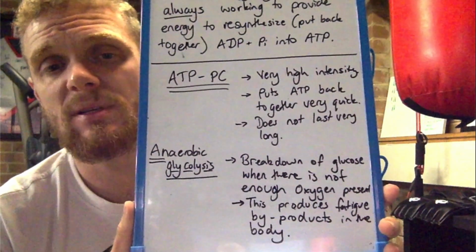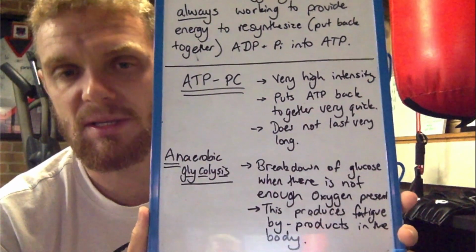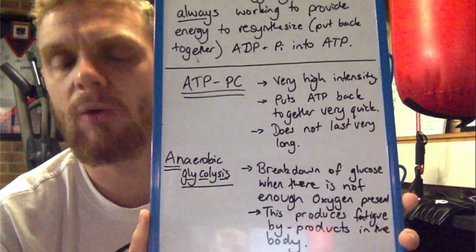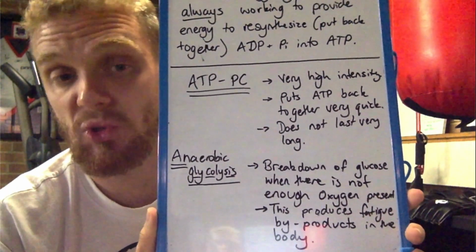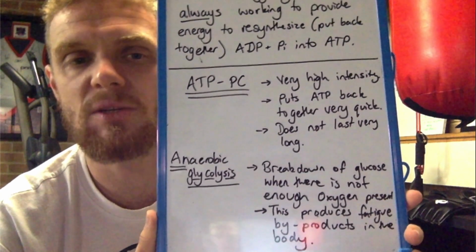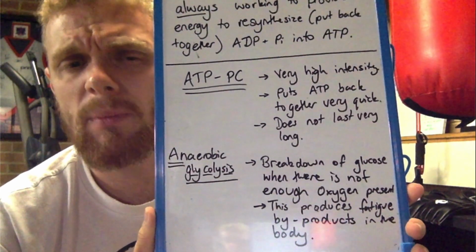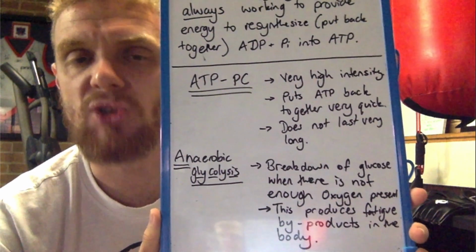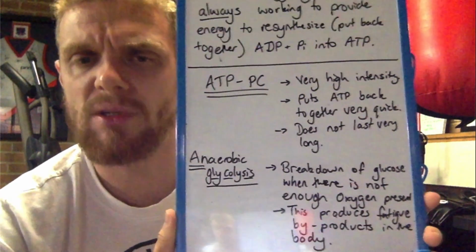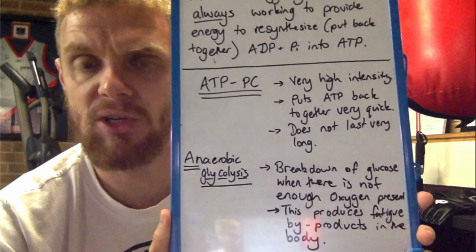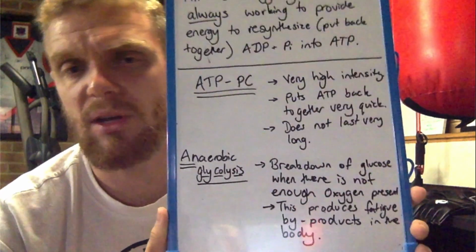The next one there is the anaerobic glycolysis system, the word anaerobic meaning without oxygen present. This breaks down glucose, which was stored as glycogen from the carbohydrates we ate, and it's also being broken down when there is not enough oxygen present. So if you start to take note of your huffing and puffing and your heart rate during exercise, when you start to go for your run or your swim,